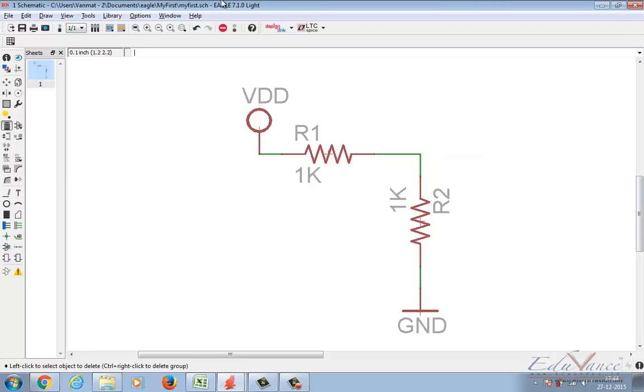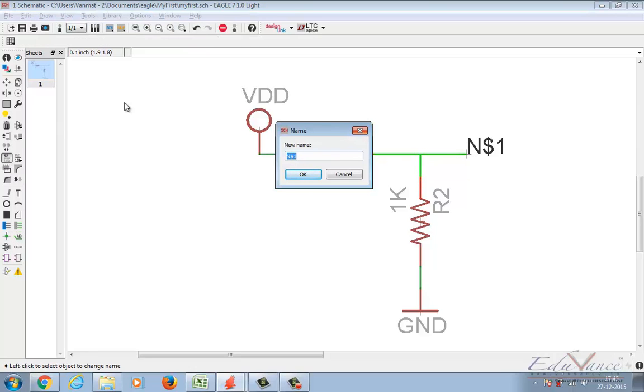Okay, to use the label tool, you first need to select the wire tool and create a small 1 unit wire stub from where you want to make a label. Once you're done with the wire stub, select the label tool and click on the wire. Once you click on the wire, a $N something appears. That means it's a net. This $N symbol indicates that now you are naming a net and not a component. Place this label somewhere. Then you can select the name tool, click on